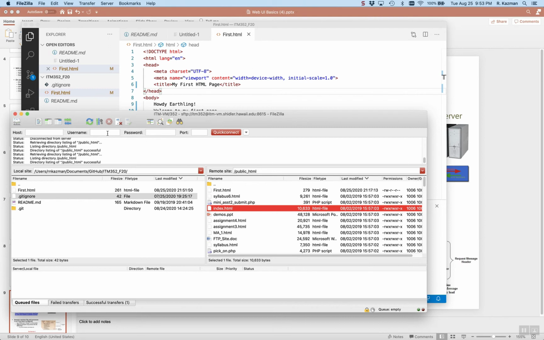And I've opened up a connection to ITM-VM, which is the server that we use a lot, and we will be using a lot this semester for testing the files that we create. So I've already got an account on ITM-VM. I have a root folder established, and I can now